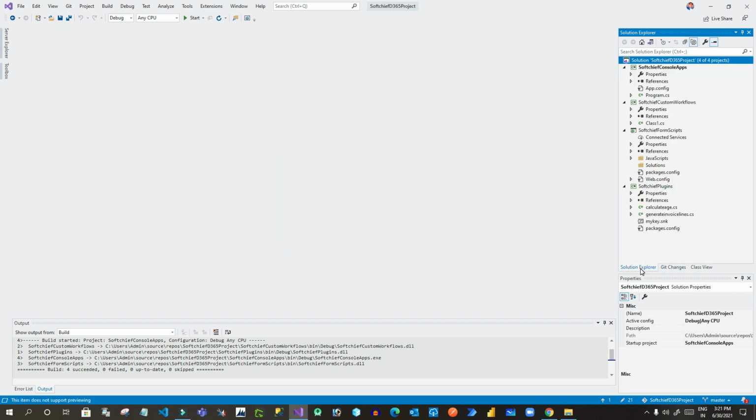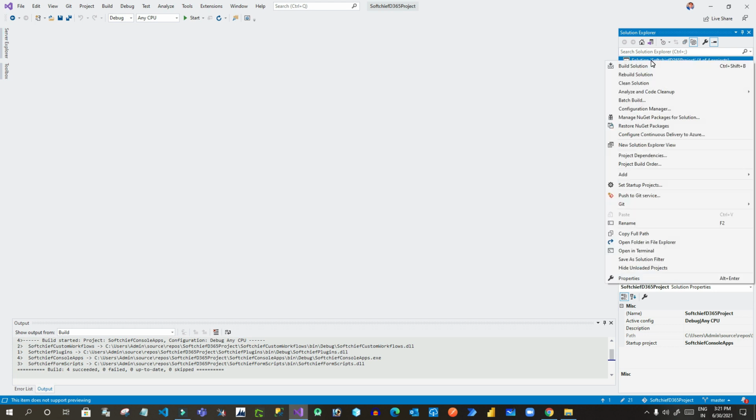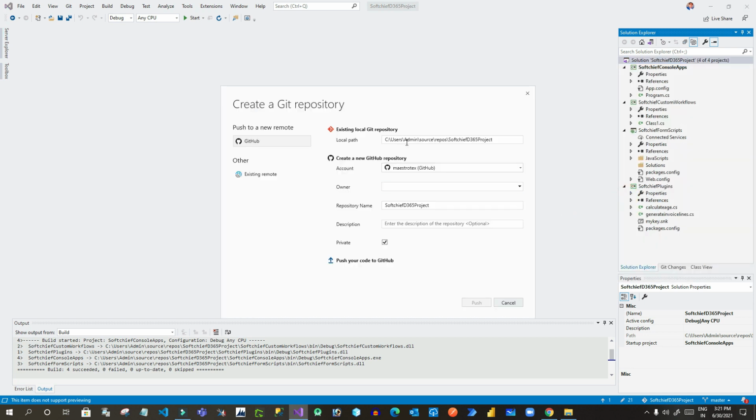Now you can go to Solution Explorer. Now if you right click, you can see post to Git services, right? You can click on this Git also. If you want to commit all your changes, you can click on Git and commit, or you can click on post to Git service.